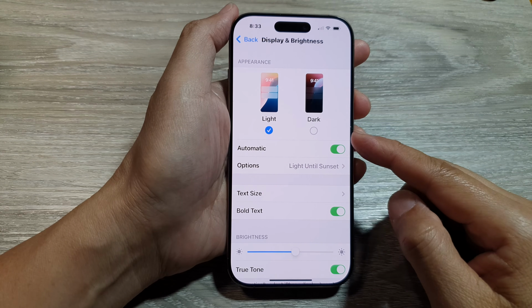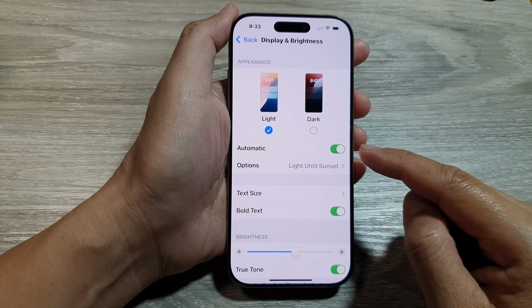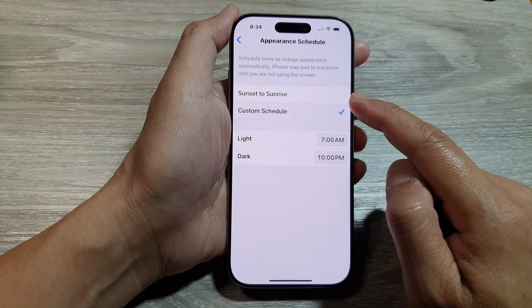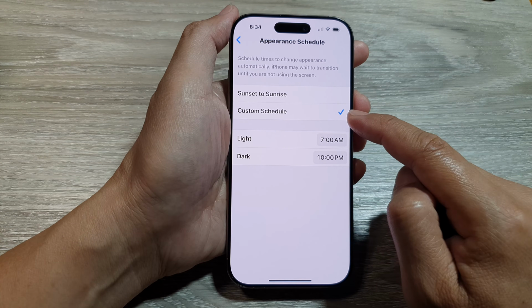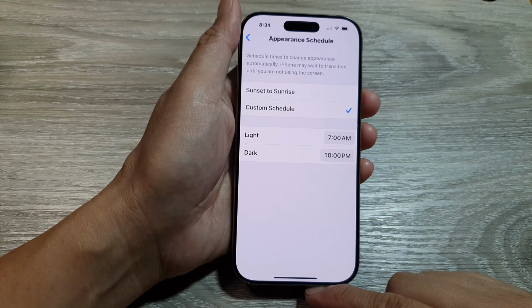How to auto turn on dark mode based on sunset to sunrise or schedule on the iPhone 16 series running